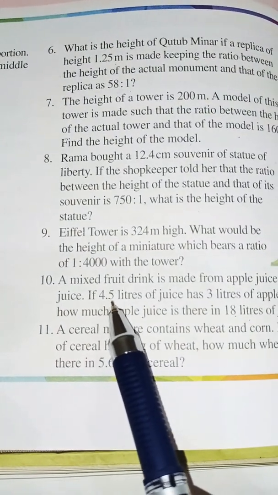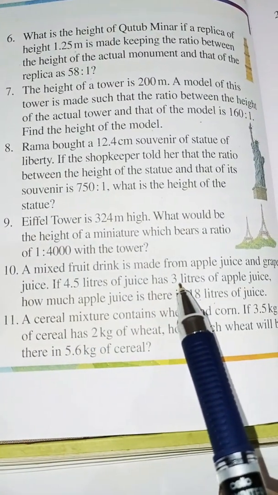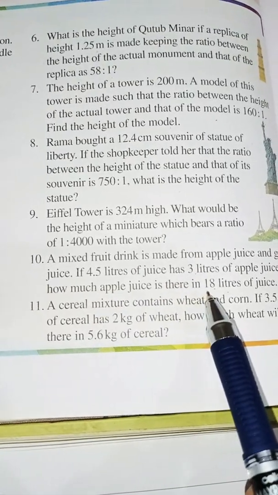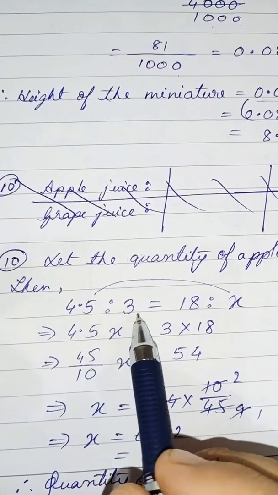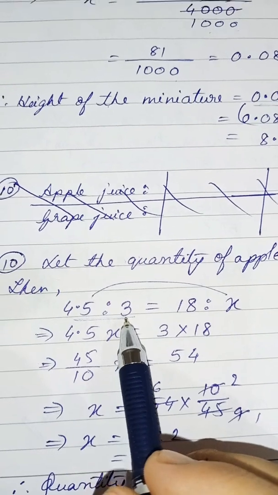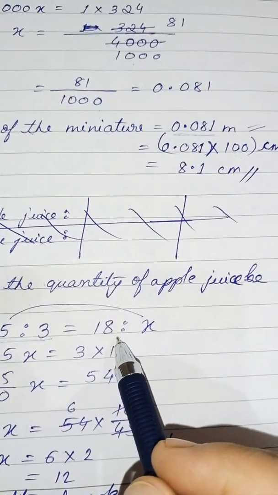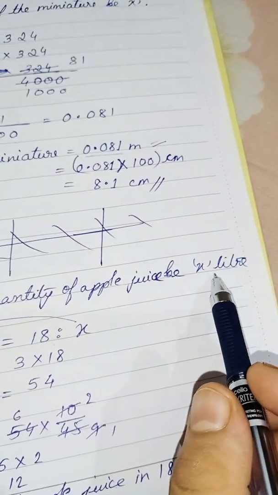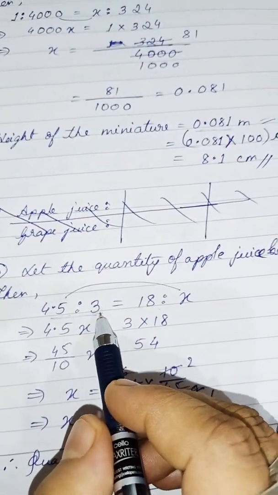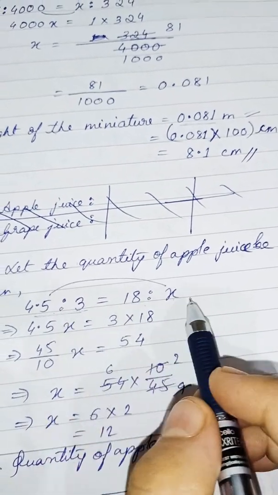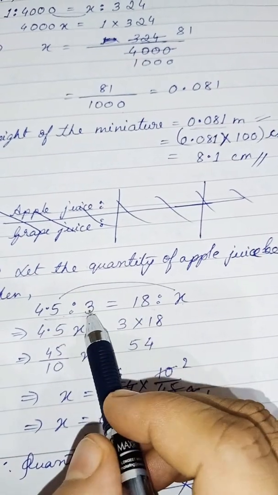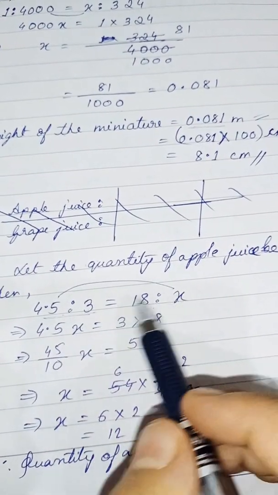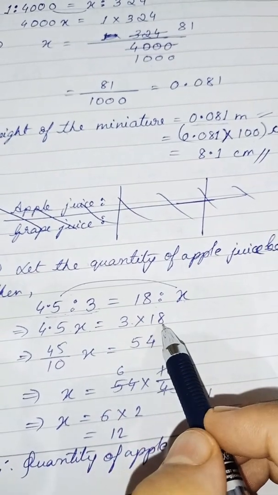We will take it like this: quantity of juice and the ratio of apple juice, and then again we will take quantity of juice and the ratio of apple juice. In the first statement it is given that in 4.5 liter juice, 3 liters of apple juice is there. So I have taken the ratio of that. The second part says that in 18 liter juice, how many will be there? So I have considered that in 18 liter of juice we have x. So total quantity of juice is to apple juice. I have maintained the ratio, and they will be directly proportional, because if the quantity increases here, the quantity will increase here also. So product of extremes 4.5 into x, product of means 3 into 18.